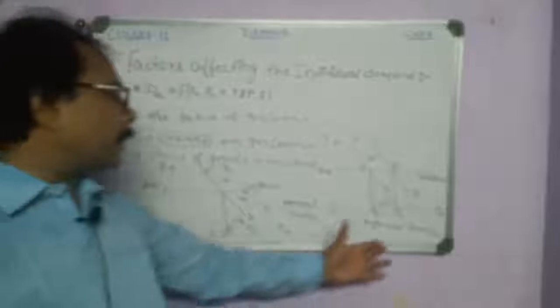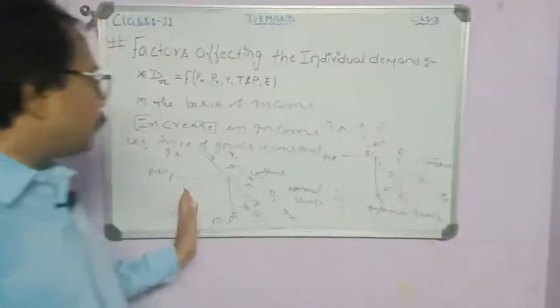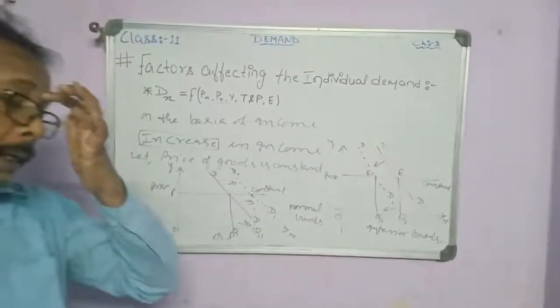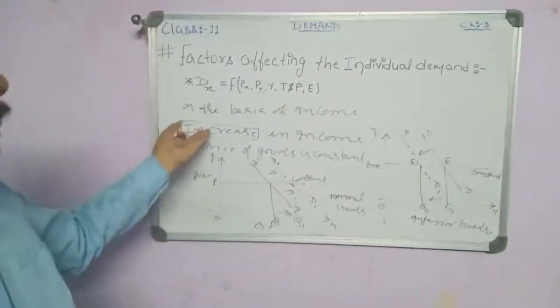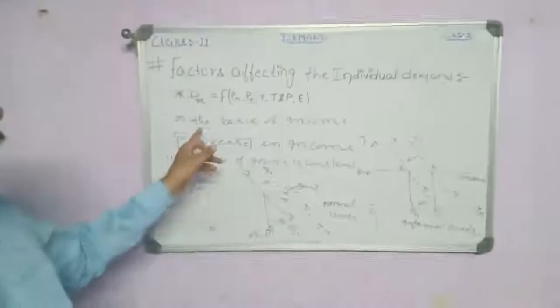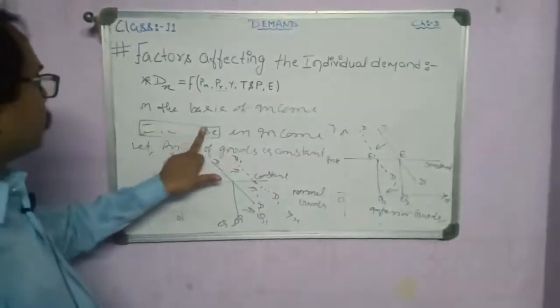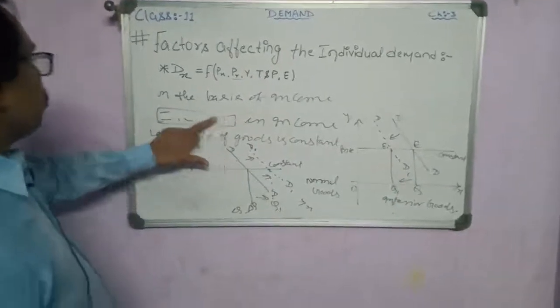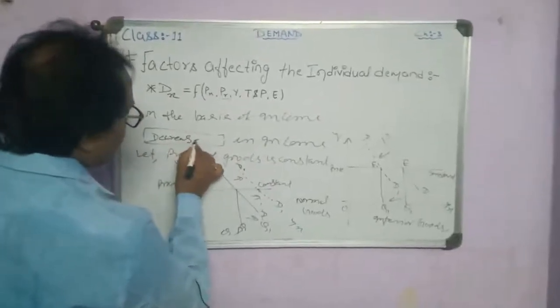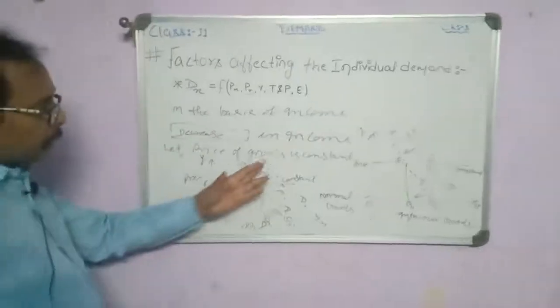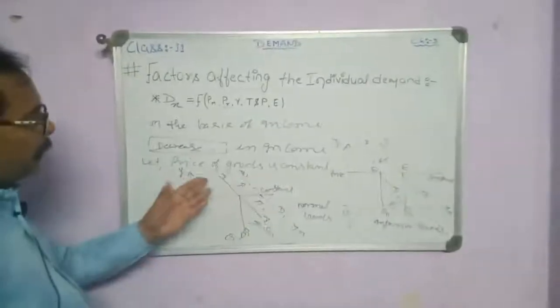So inferior goods demand will decrease, but the normal goods demand will increase. Is it clear? And vice versa. On the other hand, if the income decreases, in that case, this D1 demand curve will shift leftwards,